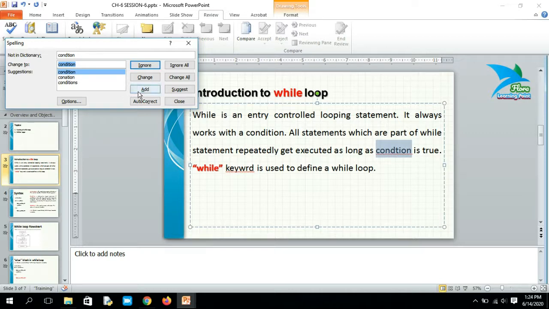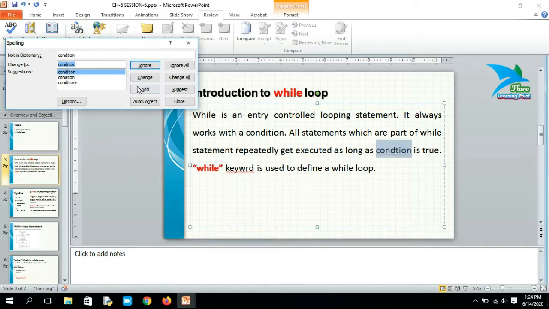And next we have an option that is add. If you don't want to make a correction in this word, then you can also add it to the dictionary, and then next time it will not show you the spelling mistake error on that word. So for example, if you have added your name to your presentation, then according to the spell check tool, your name is a misspelled word.